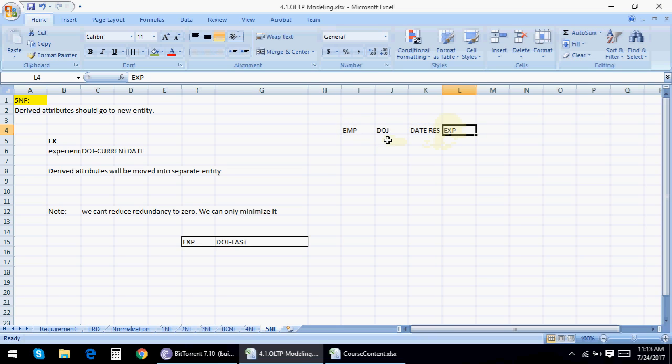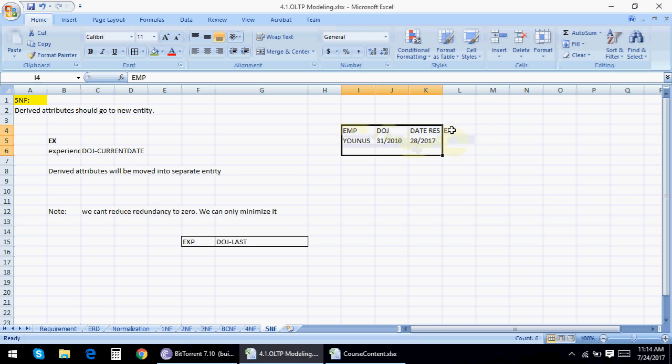When I am inserting date of joining and date of resignation, for example 31st May and July 28, I will be taking the difference of these 2 columns to calculate experience. Such a column, experience, should not remain in the base table.